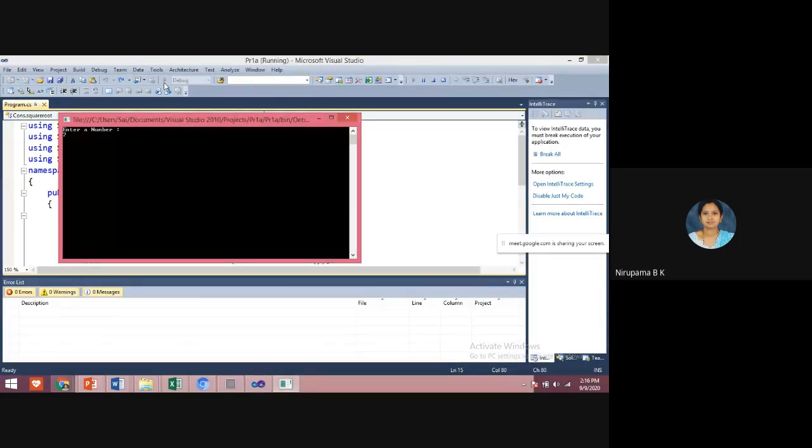Enter the number 7. It will display the square root value of 7.